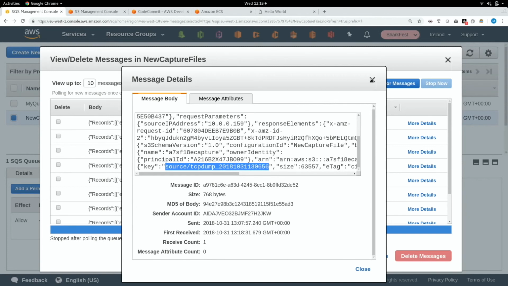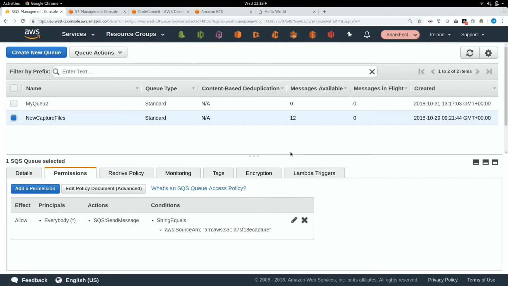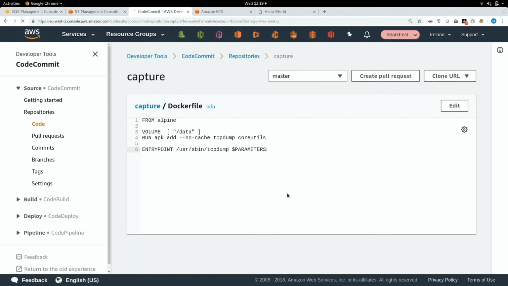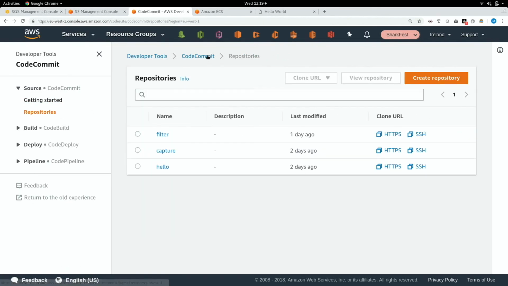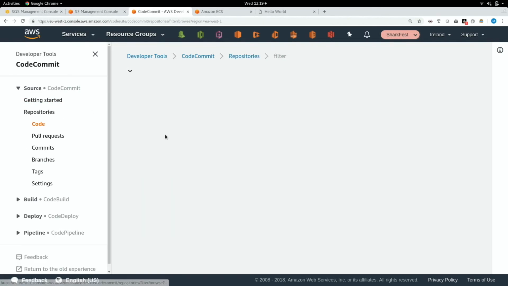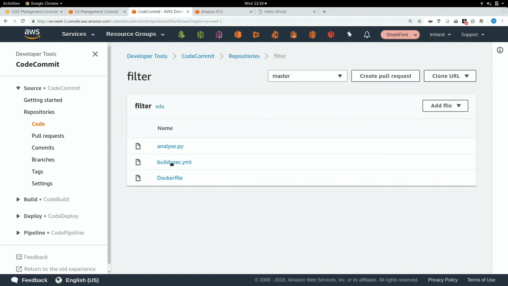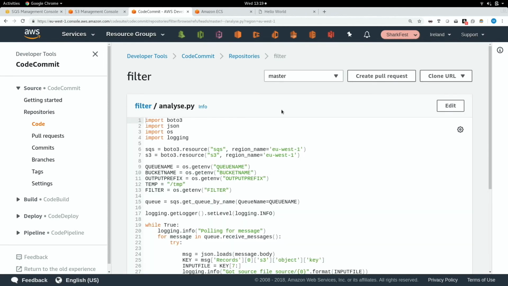Well, this is where we can script this, right? We want to script as much as we can. So I'm going to go back into CodeCommit because that's where it is. And if you remember, I've got another repository in here called filter, unsurprisingly. And I've got a Python file in here that does a bunch of importing stuff. We'll stick this on our GitHub account or something, so if you want to have a look and butcher it,